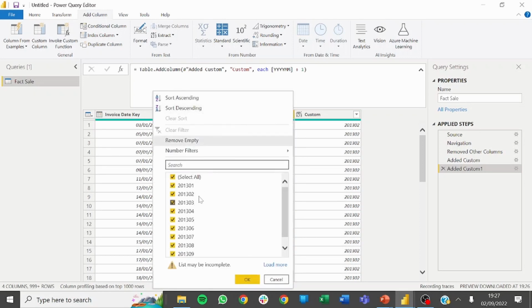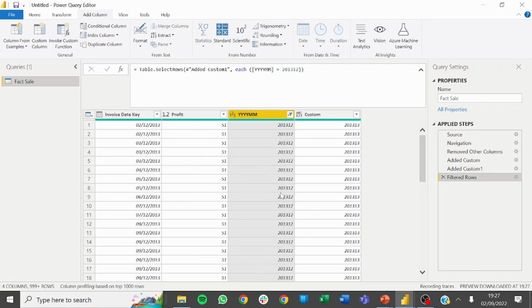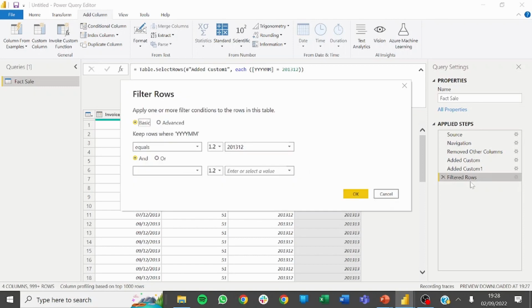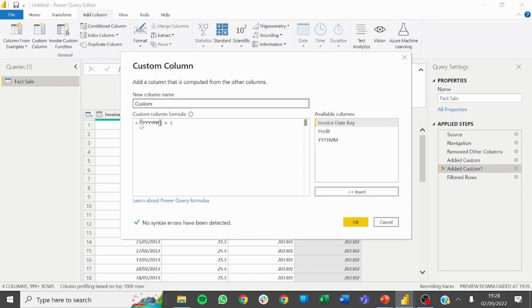For example, let's check for the 12th month and check everything. Check for the 12th month of 2013. After filtering, we notice that this is not working fine. So what we can do is to modify this such that it goes into the next year. It doesn't have to be the current year. For us to do that, we can modify this, not this step. We can modify the step that we applied here and check if